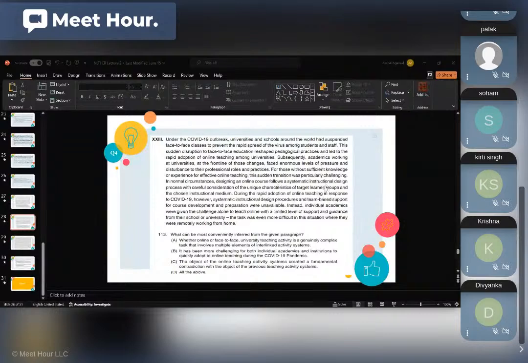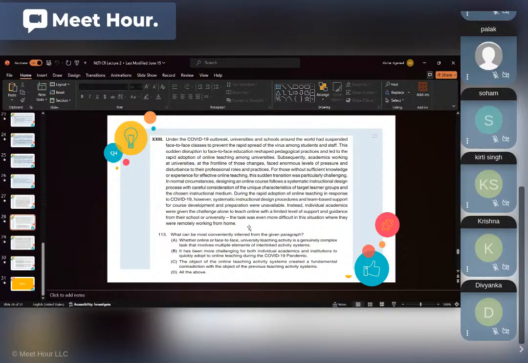Okay, so I get D. Any other options? Okay, I'm getting B as well. So it's not D for sure, and I'll tell you why. To quickly adopt to online teaching during the